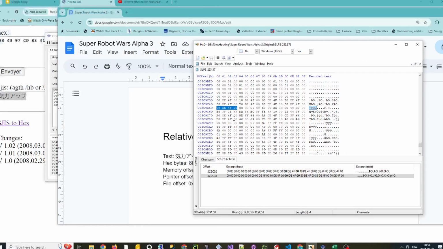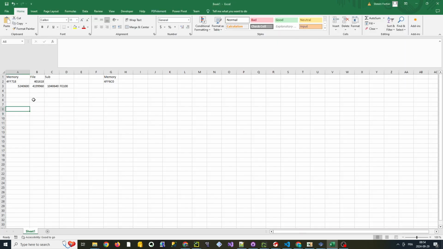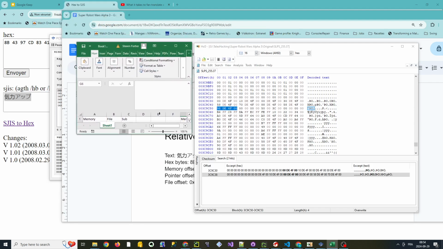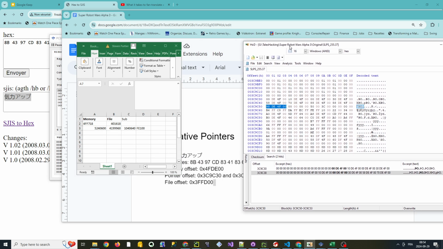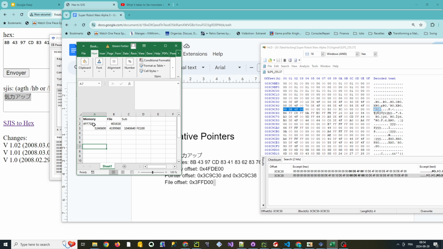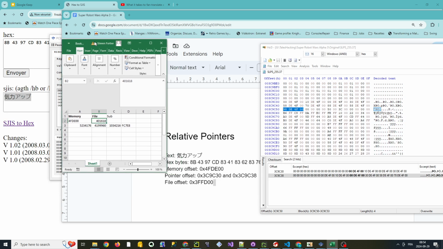So I can write this address, I reverse the bytes, and I will go in Excel and I will just have a memory. I put some tabs: memory, file, and sub. So for FDE98. And for this one, let's first write the other one, sorry. Let's first write this one. We said for this one, our memory address was that, and the file was